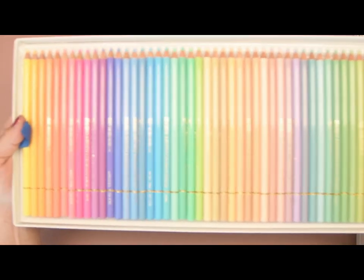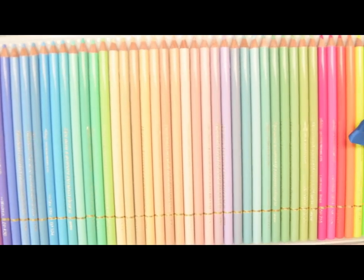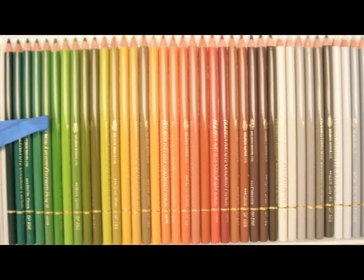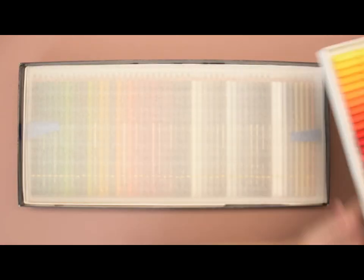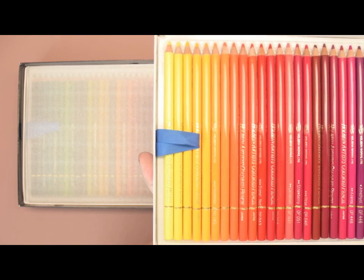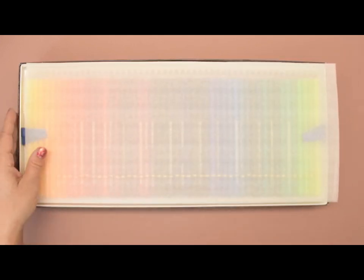And all of the inserts come out of the box. I mean, wow. And I'm just going to set these off to the side for a minute so I can show you the...